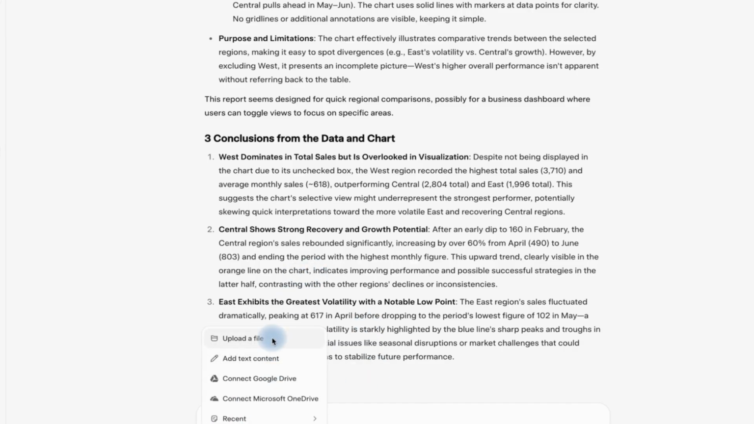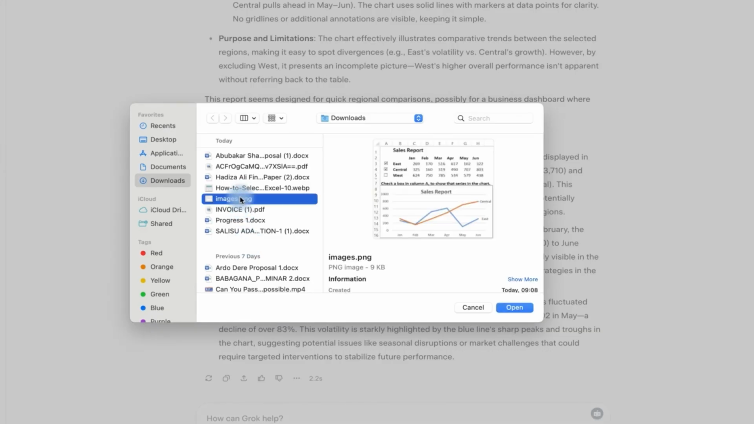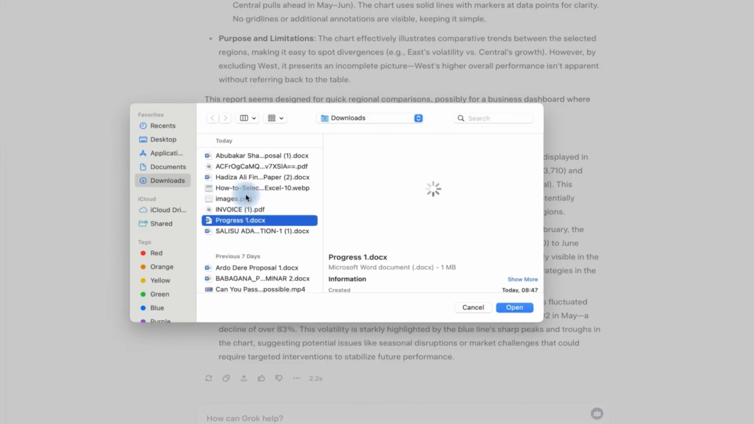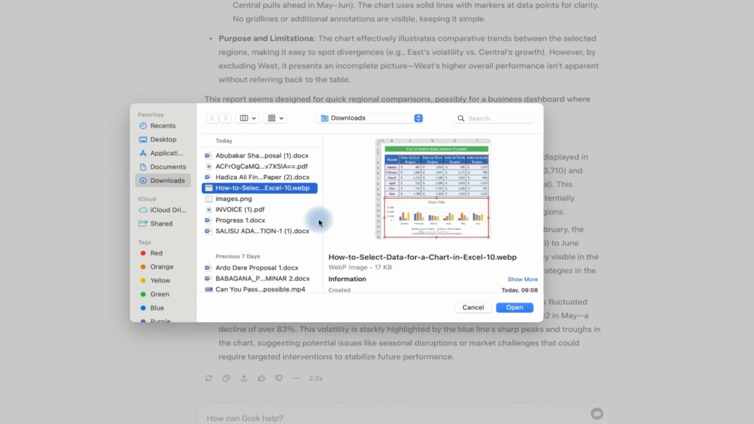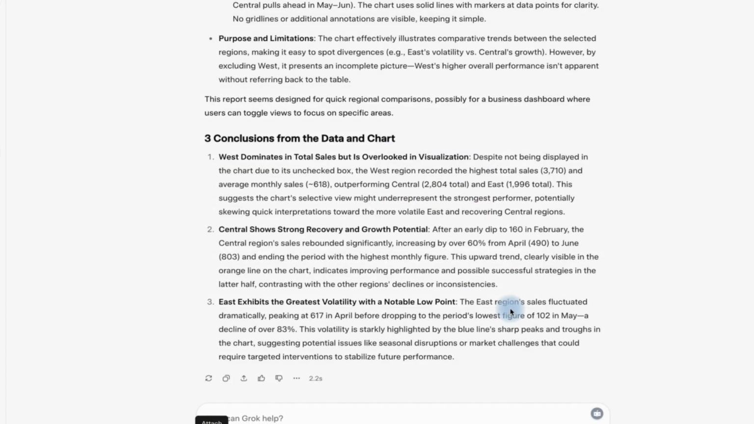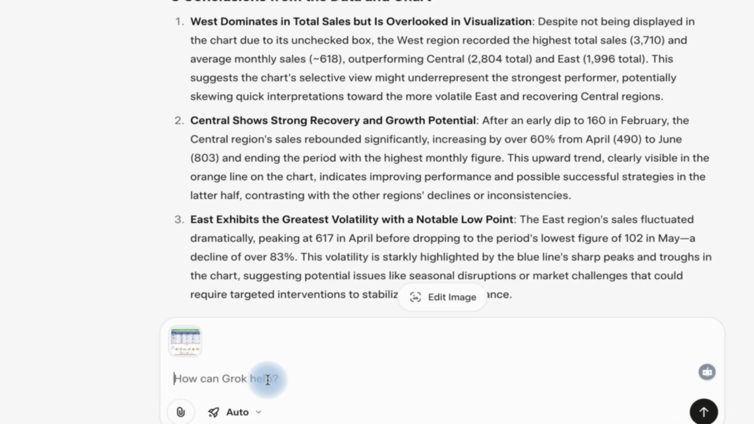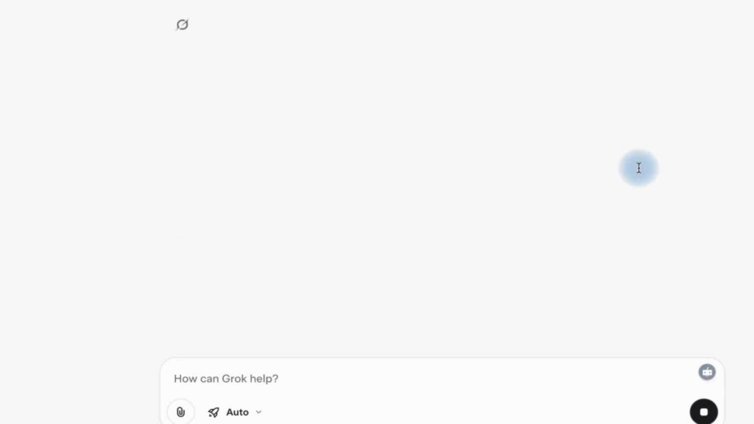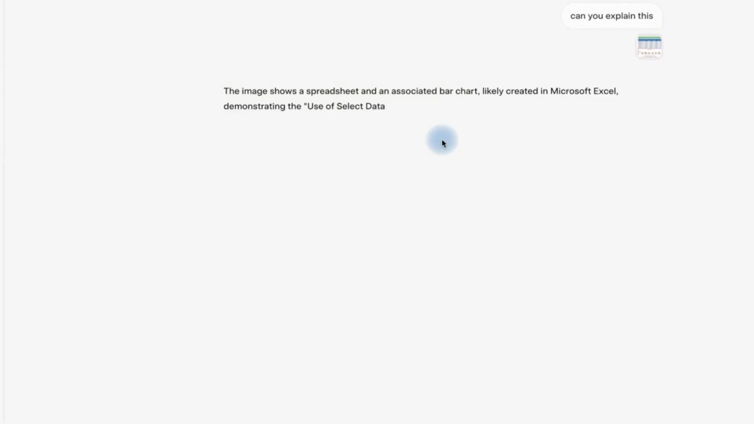I have another file. I have another piece of data that I think is going to be wonderful. This one, it's a bar chart also with some table. I can just ask it, can you explain this? Okay, so we can just hit enter,